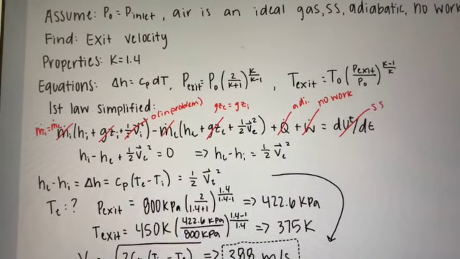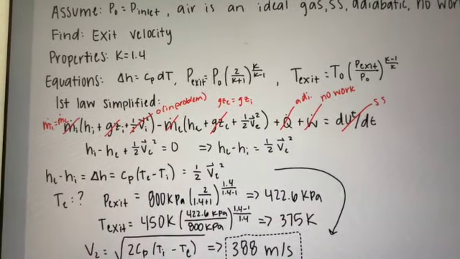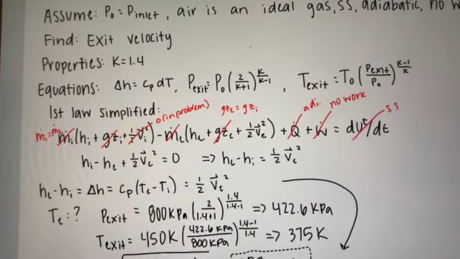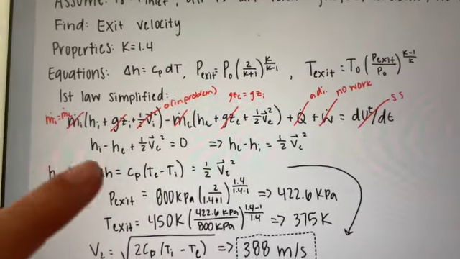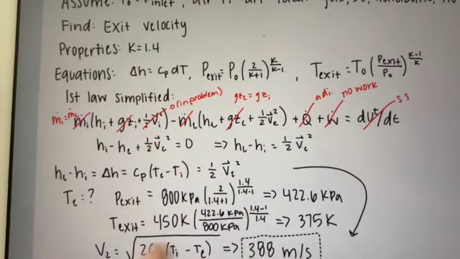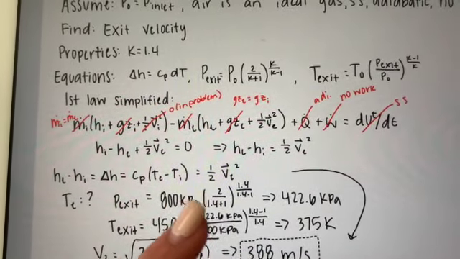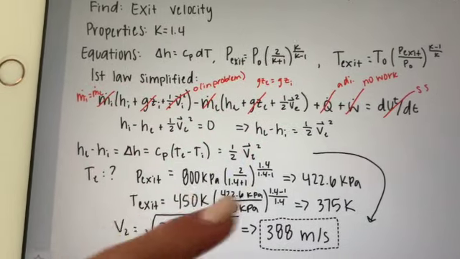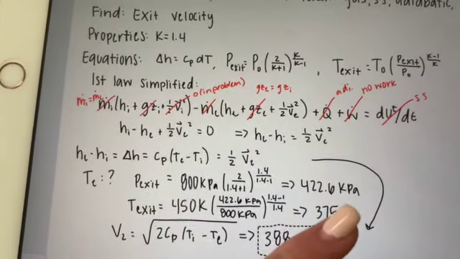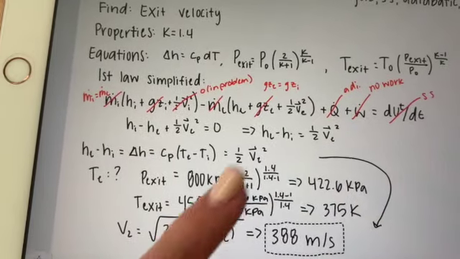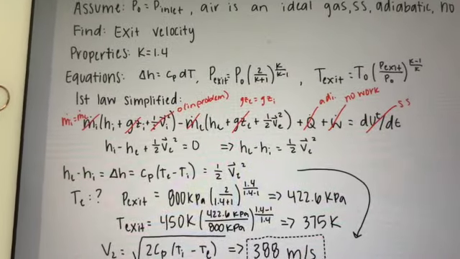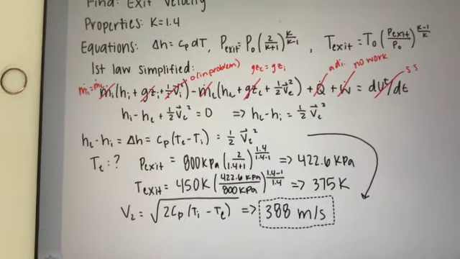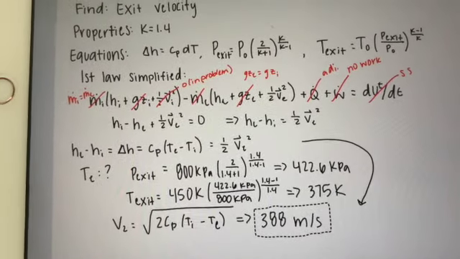From here, we get our change in enthalpy equals 1/2 velocity of our exit squared. So we also have this other equation of Cp dT for our delta H. So from here, we just have to find our T exit. First we start with our P exit. We'd have everything in that equation to solve. Then we plug it into our T exit. We get 375 K out. Once we have our 375 K as the outlet temperature, we can easily solve for our exit velocity as 388